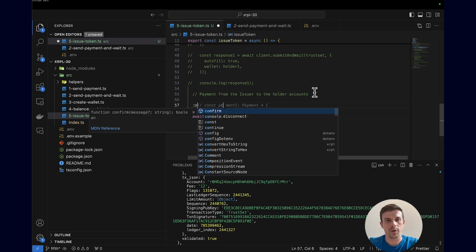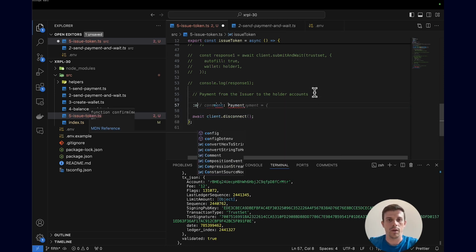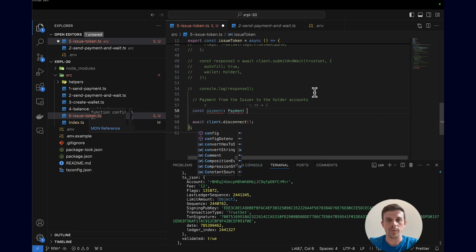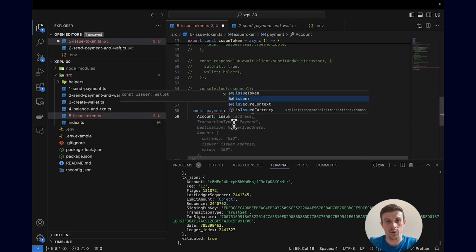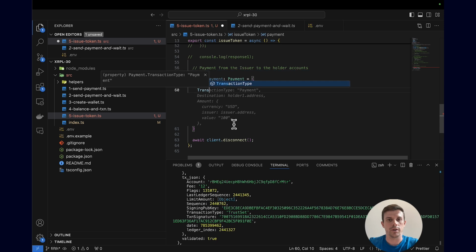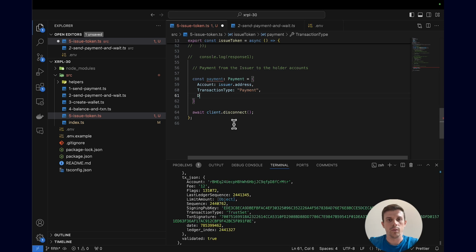So let's do const payment, payment type from the XRPL again. We import the payment from the XRPL. The account is this time the issuer. Again, we are sending payments from the issuer. The transaction type is a payment. We need to define the destination, which is the holder1.address,